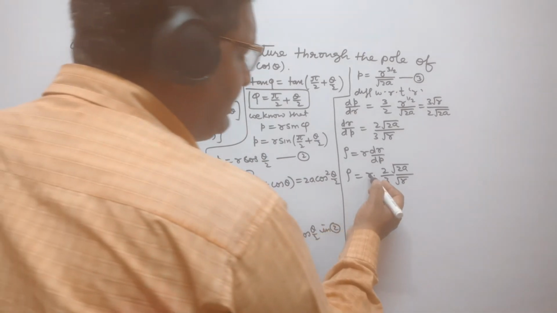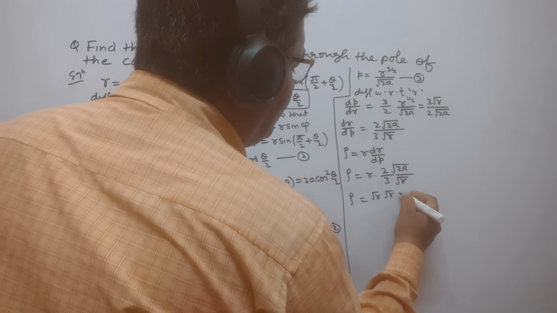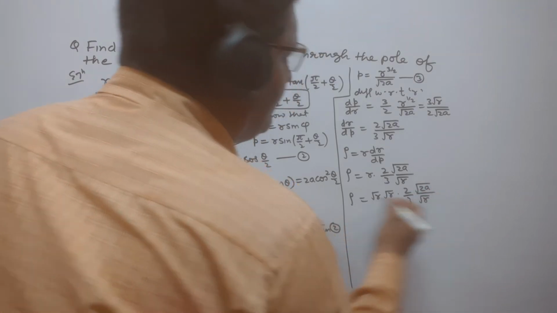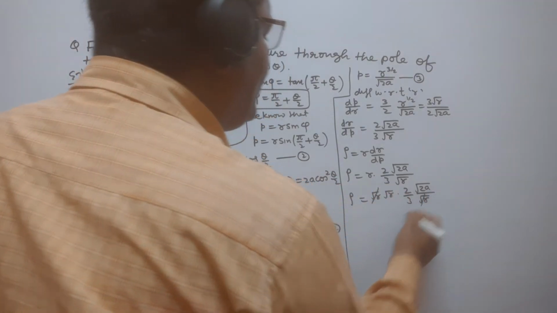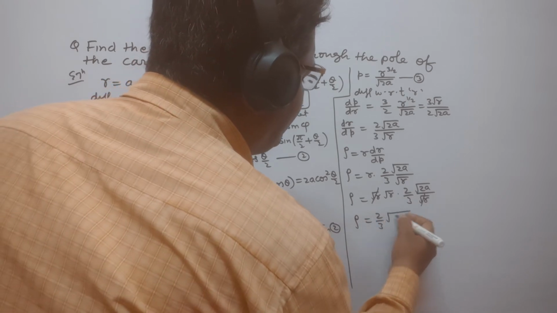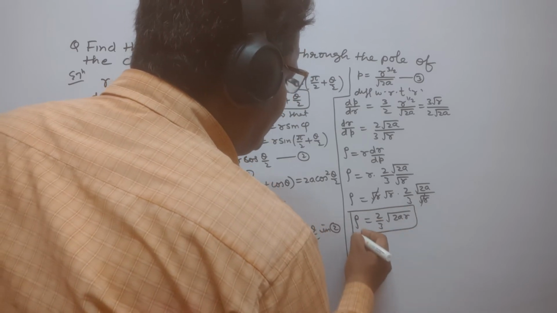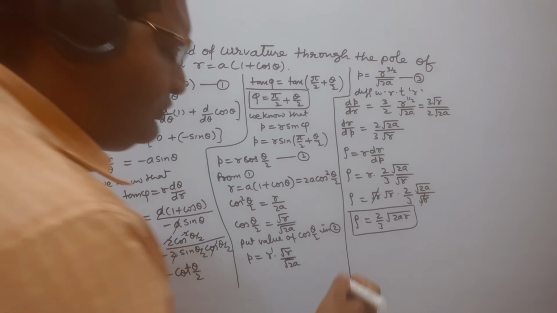Now this r can be written as root r multiplied by root r and multiplied by 2 by 3 root 2a upon root r. We can see here this root r cancel by this root r. So this is rho is equal to here 2 by 3 multiplied by root 2ar. So this is the radius of curvature of the given cardioid, r is equal to a into 1 plus cos theta. Now we find here chord of curvature through the pole. So we write formula